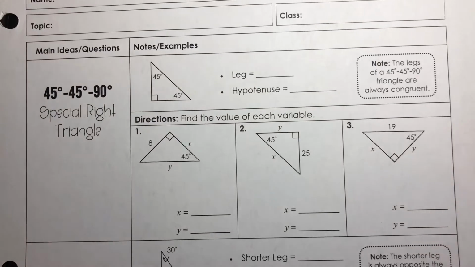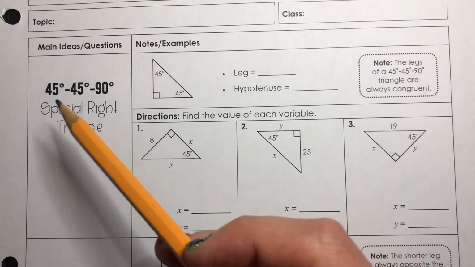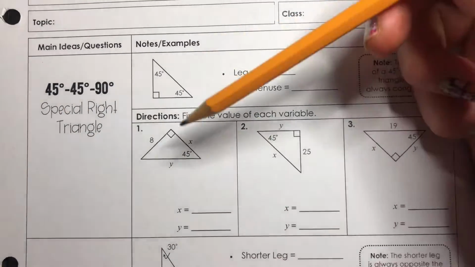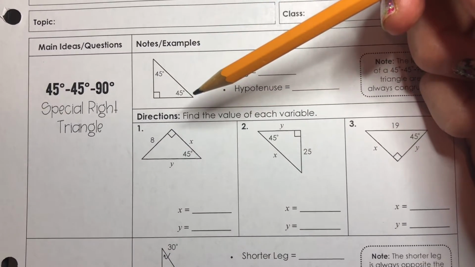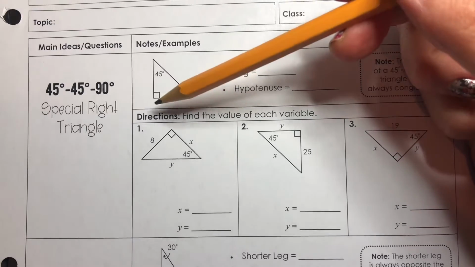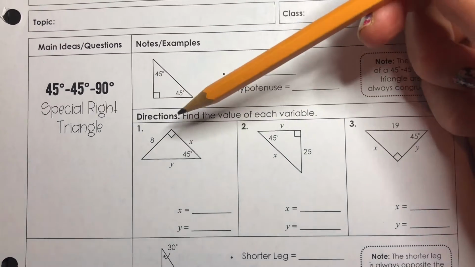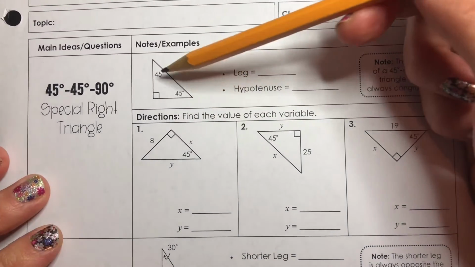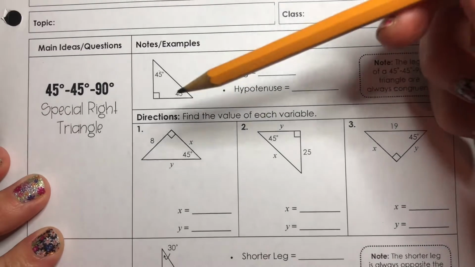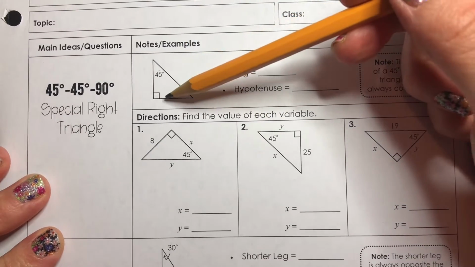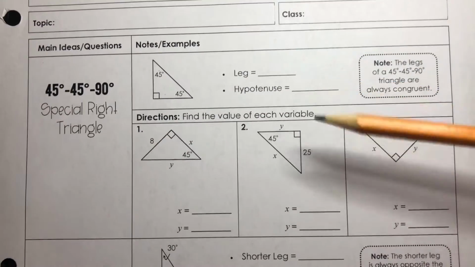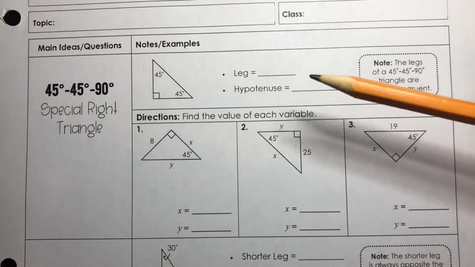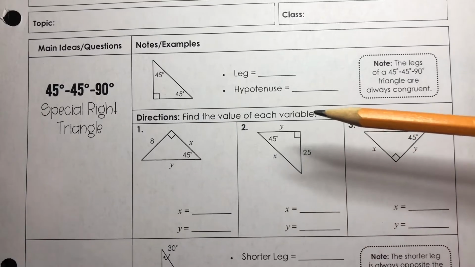But let's go ahead and get started here with the 45, 45, 90 triangle. As you guys know, inside any triangle, the sum of the interior angles has to be 180 degrees. So with a 45, 45, 90, we're going to have two 45-degree angles because together those make 90, and then when you add that to the right angle, we get 180. So going back to our Pythagorean theorem and our right triangle terminology, we have